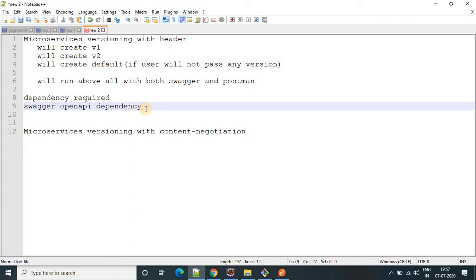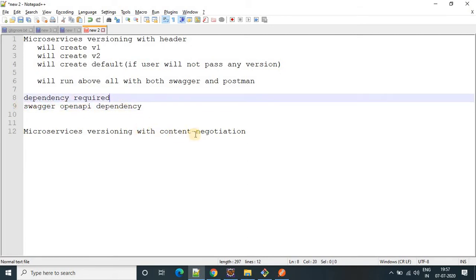It also provides support for authentication and more security, and it provides some annotations, for example @Min, @Max, @Size, @NotNull. This type of annotations OpenAPI will provide. So for that we need an OpenAPI dependency.